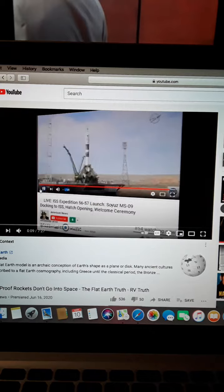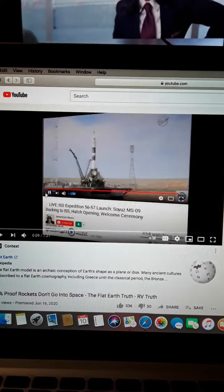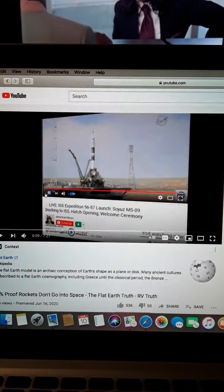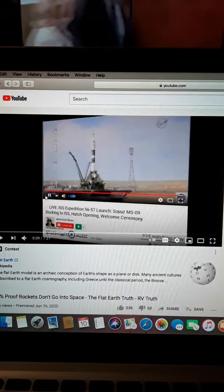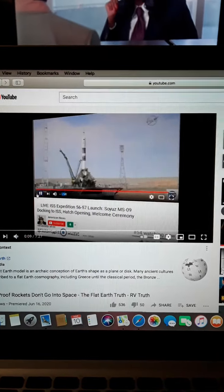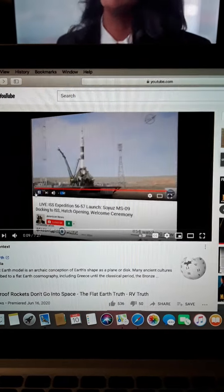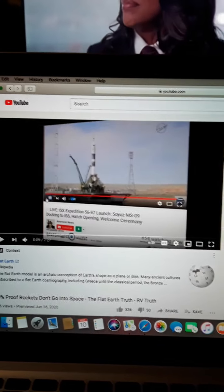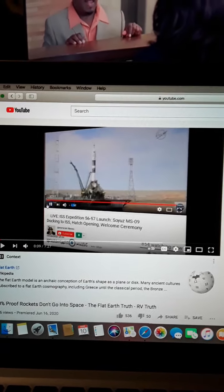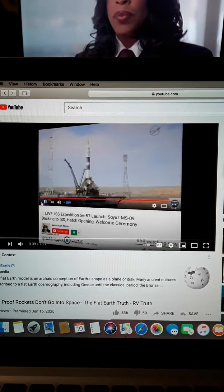Very good. Now, these rockets by SpaceX and NASA, every time you see one of these launches, they are real rockets, okay? But what they're doing is employing an excuse they call escape velocity, which is the reason why they don't do what we were taught in school, that the quickest way between 2 points is a straight line. Now these rockets, every time, will blast off, and you will notice that there's always a conveniently parked ocean right beside these rockets, because that's where these rockets are really going, to the ocean, not to